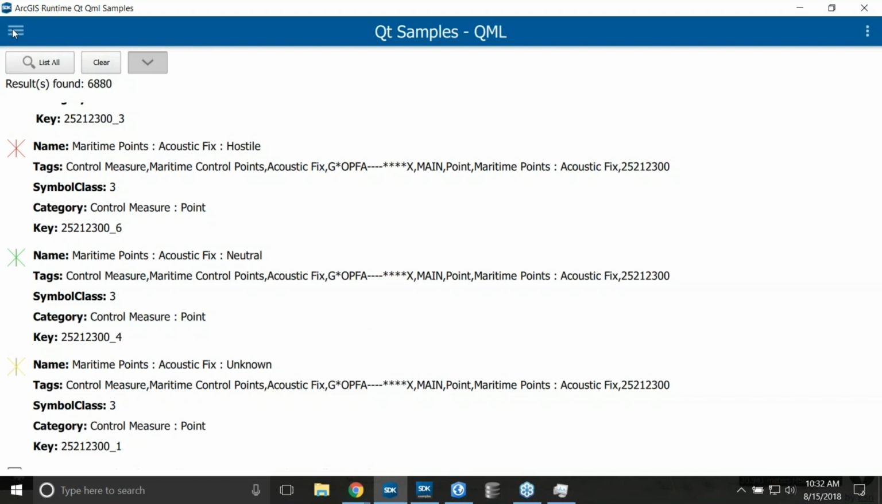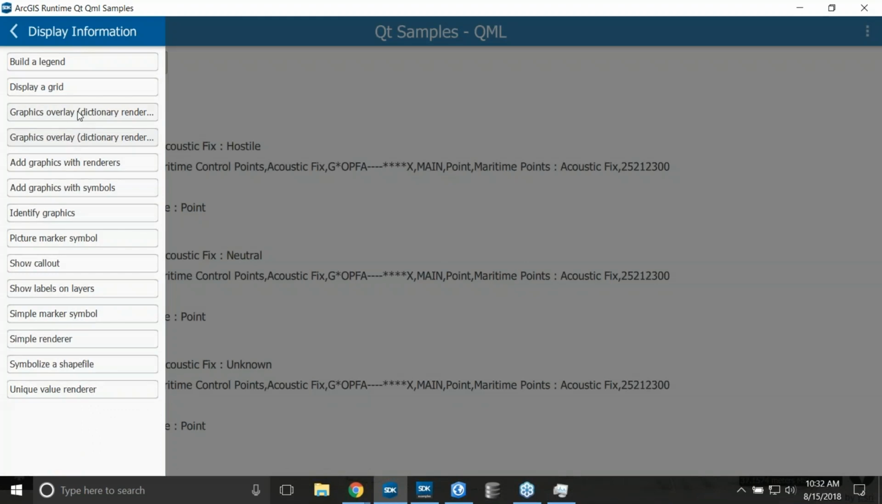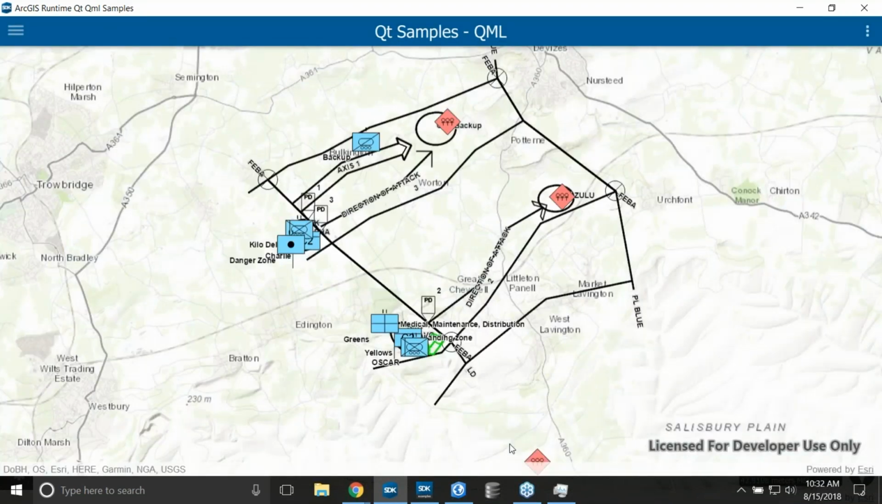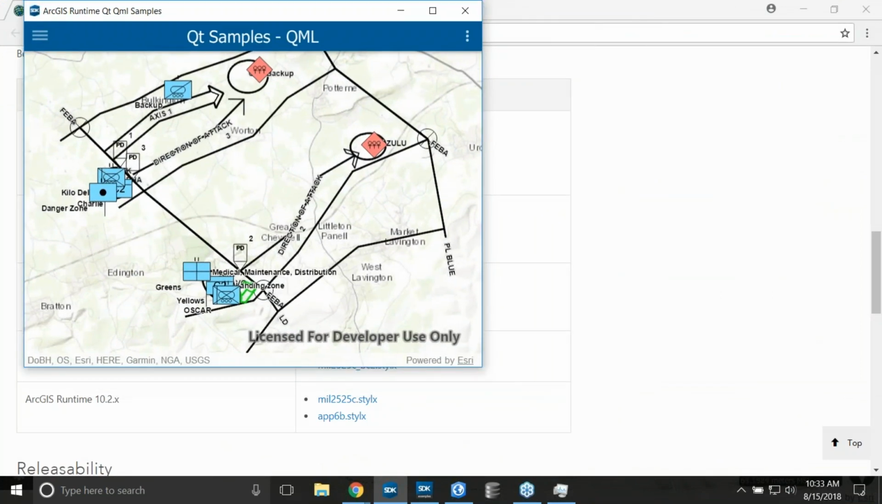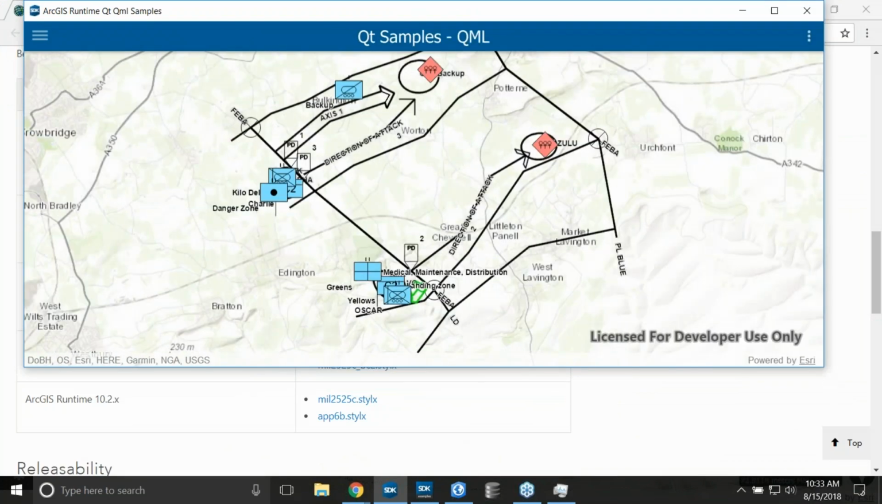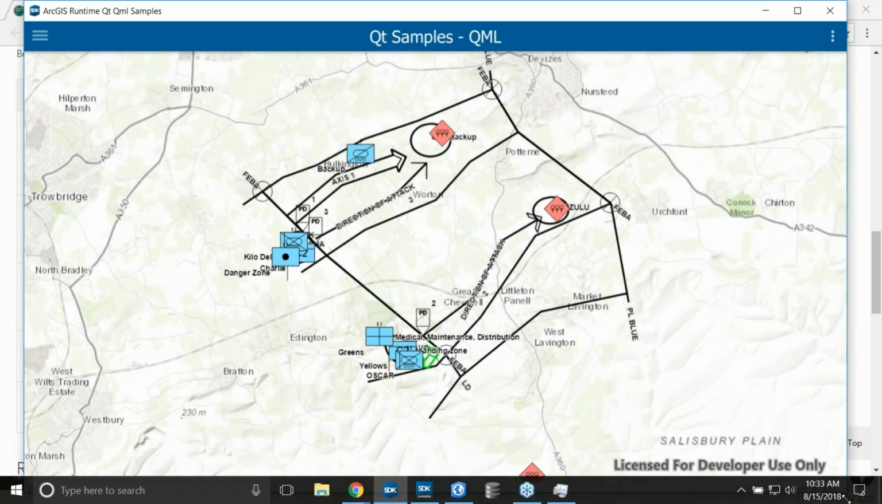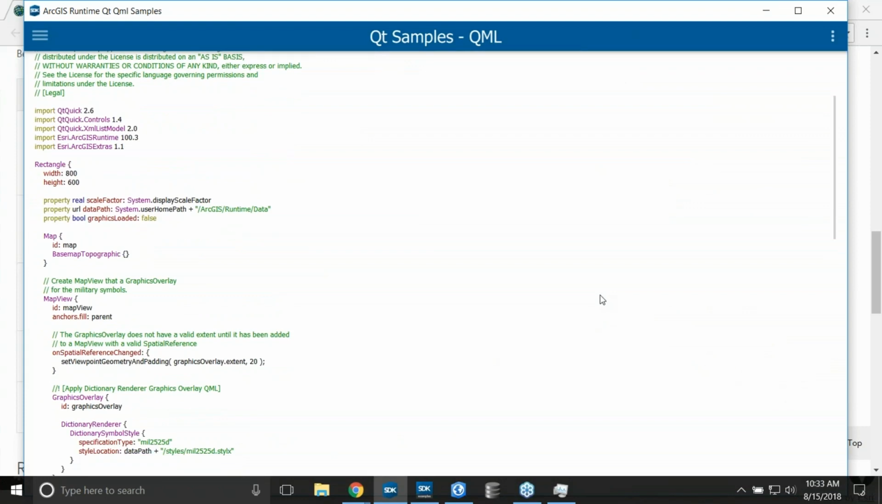But just to show how it would look if you want to display them as part of an overlay, just wait for the network to catch up. Here we go. So this is an example of a military overlay. We can see it has the military symbols applied. If we look at the code, okay, for some reason, I think I just need to adjust my screen here. Here we go. If we look at the source code, we can see that